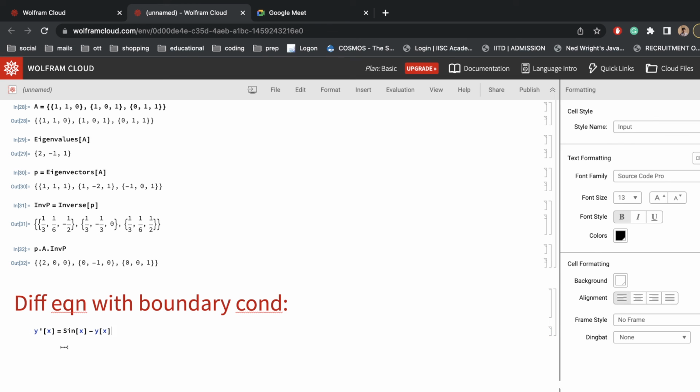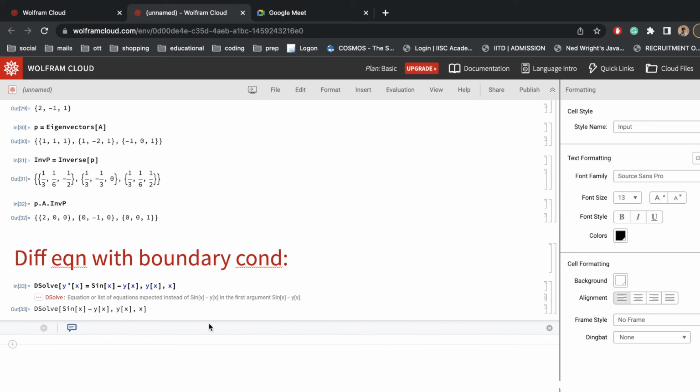Now at first, suppose we don't have any boundary conditions. Now what will we do? Now the command is DSolve. D is capital, S is capital, DSolve, and this whole equation will be inside this bracket. Here we have to define that y is a function of x and x is a variable of this equation. So in this way we have to define. If you now enter the shift enter,